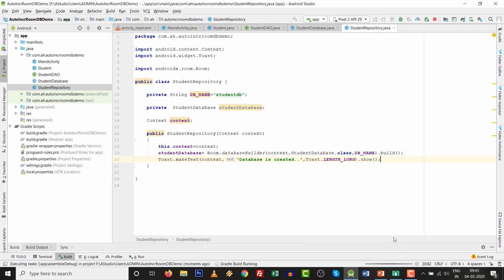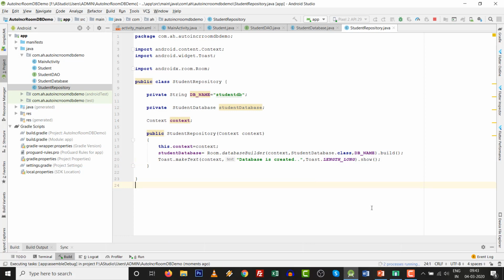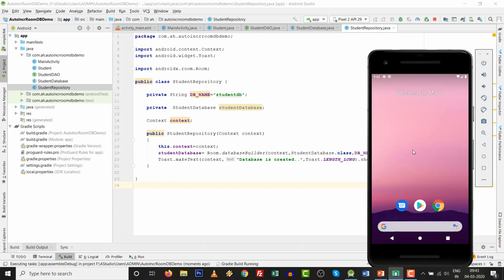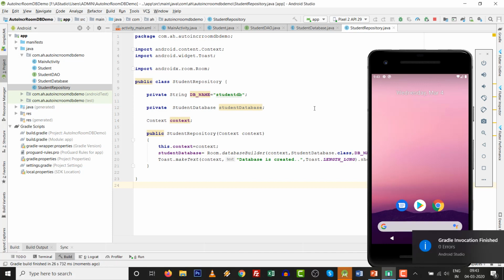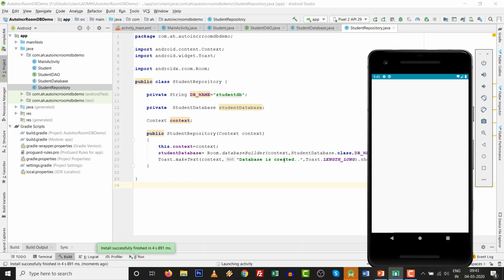Toast is for the user interface only, and I think that log is the friend of the developer. Another thing is to make your AVD with the currently built version and let the Gradle build finish. After the Gradle build, we can make it sense with this toast that our database is ready. So Gradle invocation finished and this one